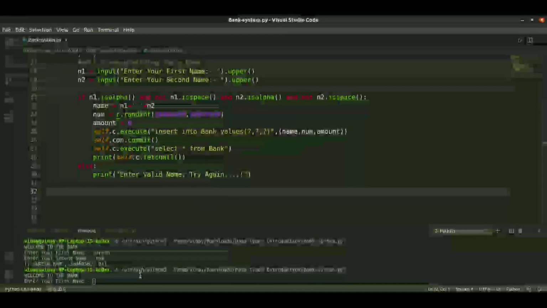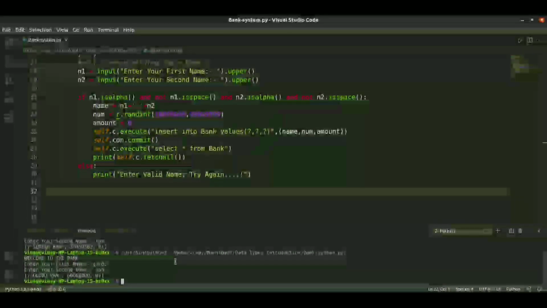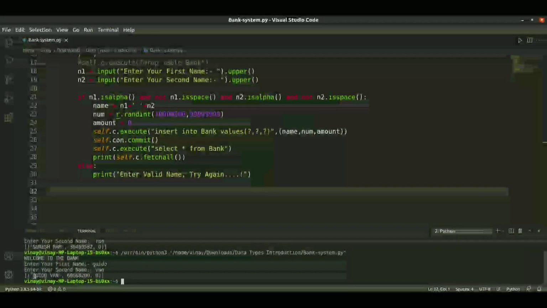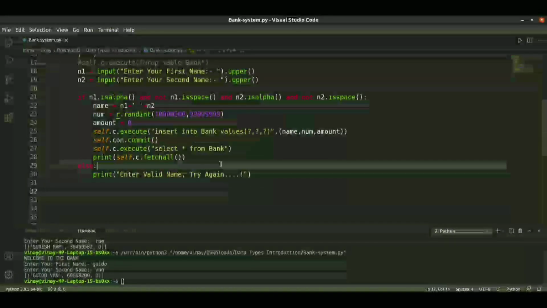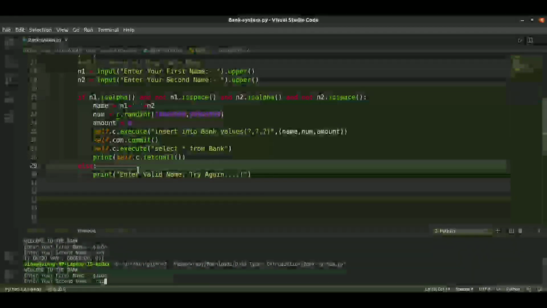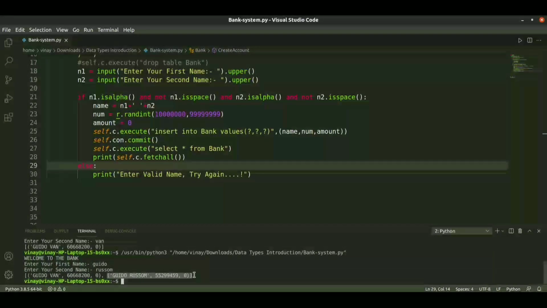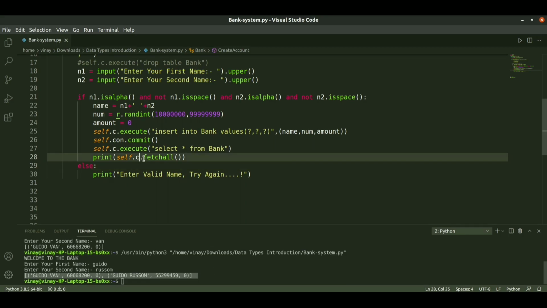When I run it and enter the input as grade 1, it displays this. When I run it again, here we got another data created. These are all stored in a list of tuples. The fetch will execute into a list of tuples.